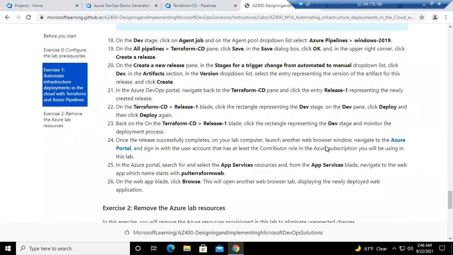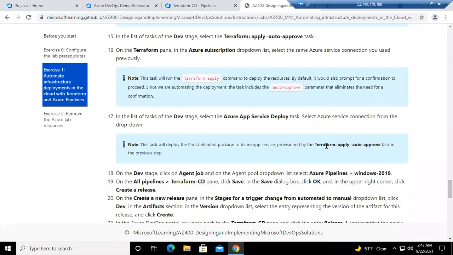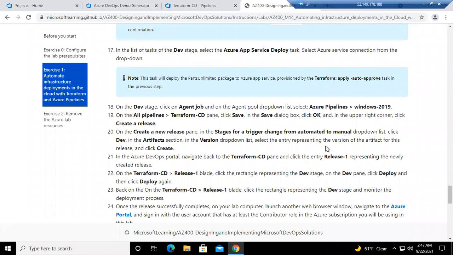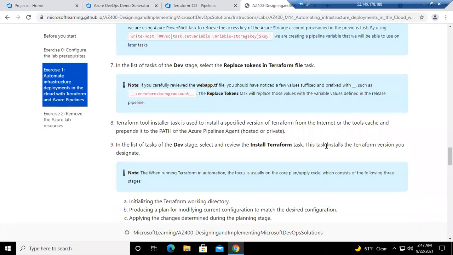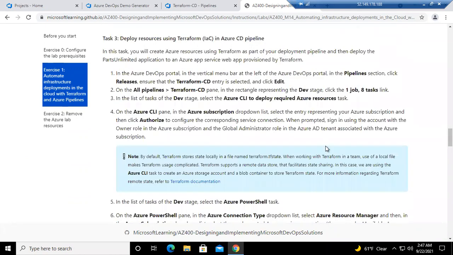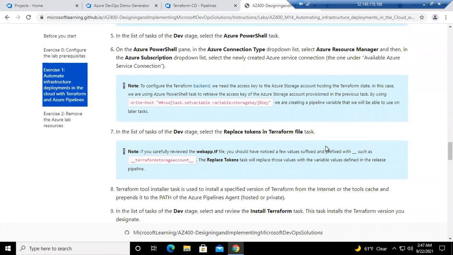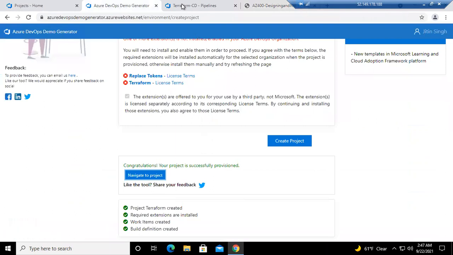Just give me a minute, guys. I'm just checking upon the image version that we should be using over here. Windows 29, I think. Somewhere I saw Windows here. Okay, no problem. We can go with that then.